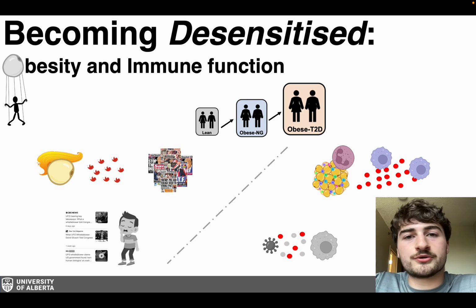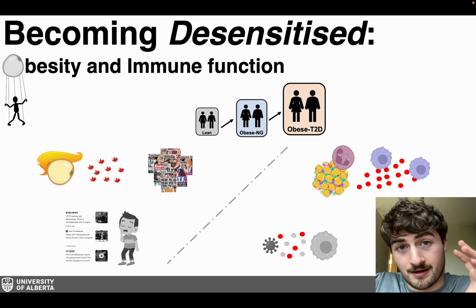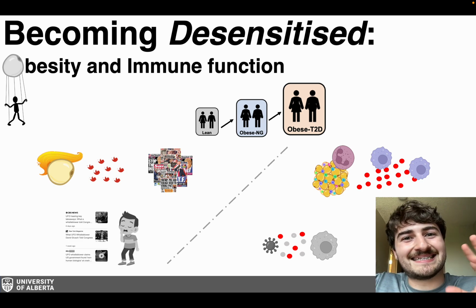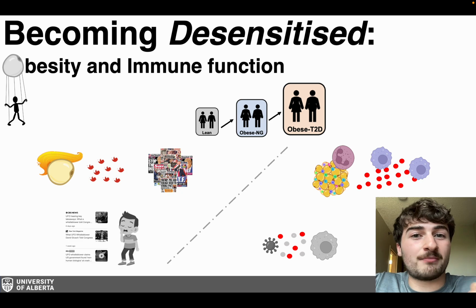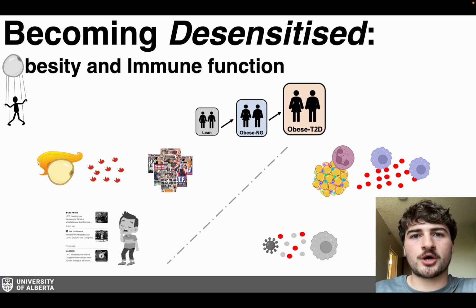Fat cells aren't just minding their own business, they're directly pulling the strings on a whole range of bodily processes. And we're looking at the immune function in particular. And we're looking at type 2 and obesity together because more often than not, they come hand in hand. In fact, if you are obese, you are 80 times more likely to develop type 2 diabetes. And both work through different mechanisms. So distinguishing between them both and their individual effects on immune function is of incredible relevance and importance to treating